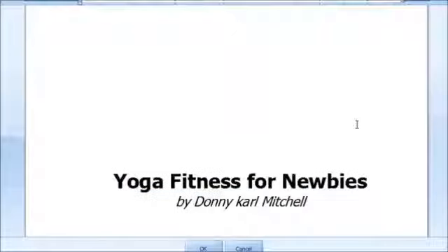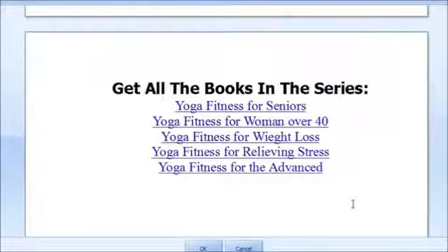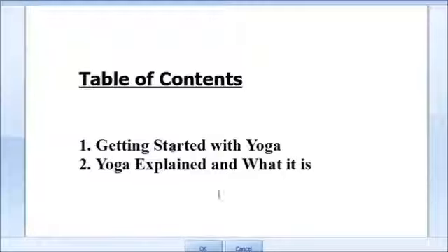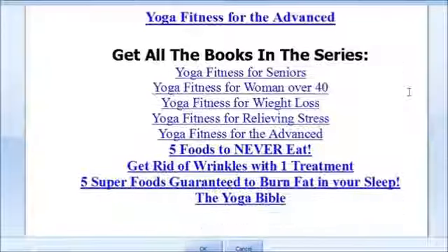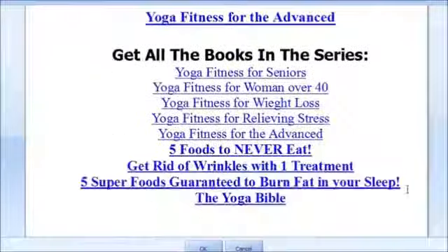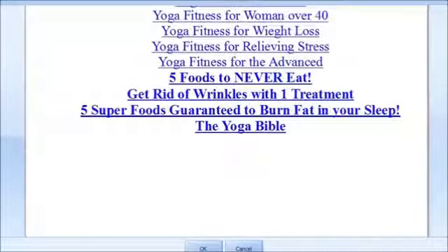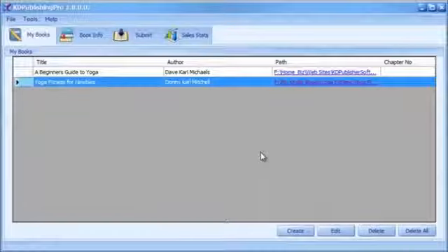Let me just show you here real quickly. So you can see it creates a title page for you. It creates that copyright page for you. It enters in those call to action. This is actually the book series links right here. And then it makes a table of contents for you. If you scroll all the way down to the end here, we're going to see the call to action links as well as the series and the next book in the actual volume series. So all this stuff is automatically put into your book for you and automatically formatted for you.